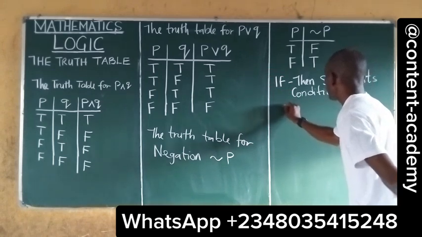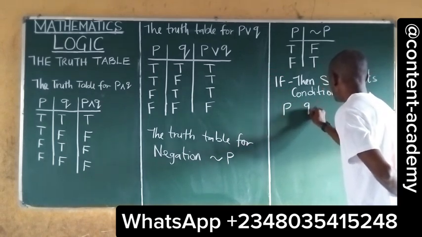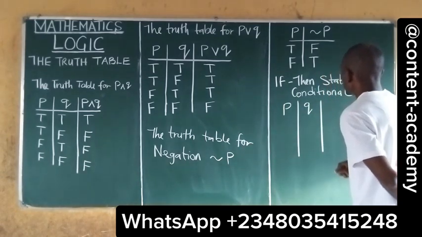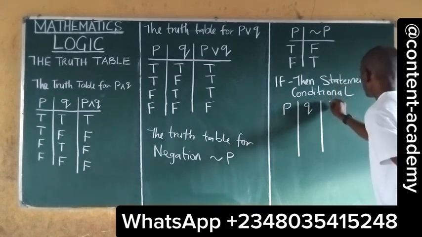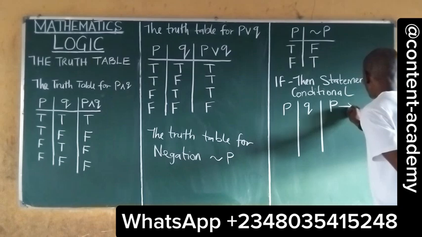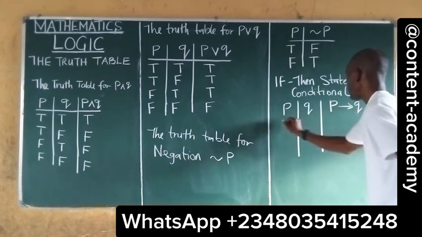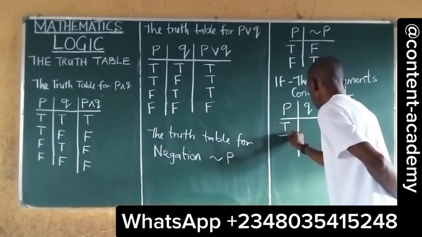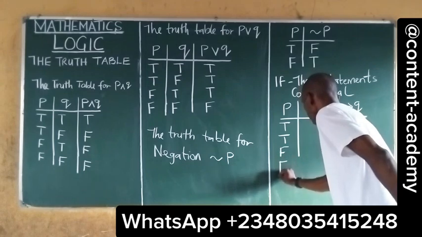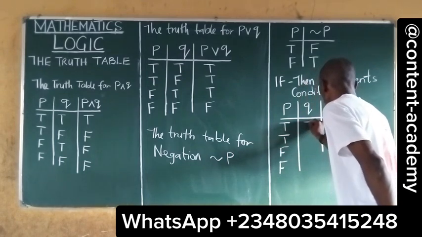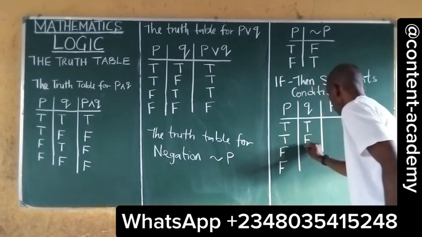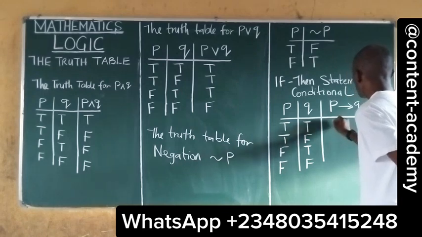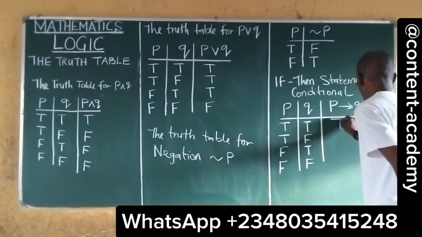First, let's say this is P and this is Q. The conditional statement is denoted as P with an arrow Q. So we bring down truth, truth, false, false, truth, false, truth, false. For the conditional it is truth,